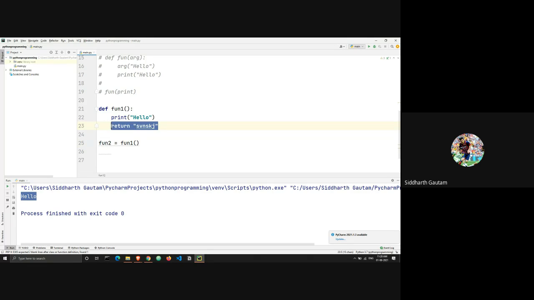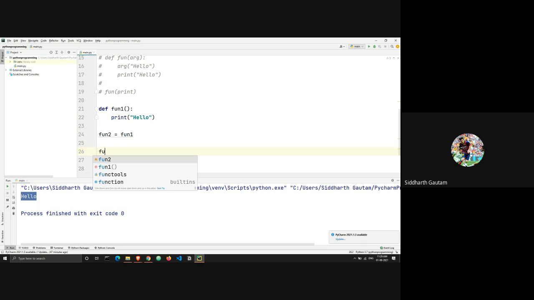That's not what I want to do here. I don't want to store any return value in this variable. What I want to do is equate those two functions. I want to make this variable into a function in itself. For that, instead of writing fun1 and then these two brackets, I will just remove these brackets. So what's happening here is the value of function 1 has now been shifted into the value of function 2.